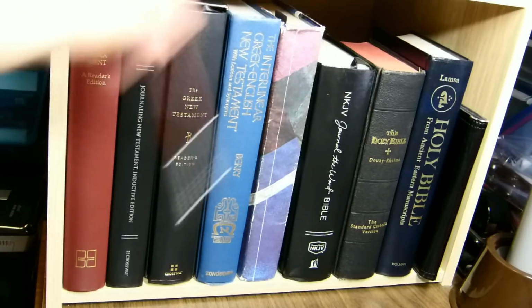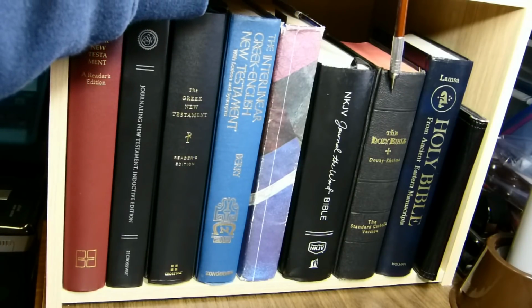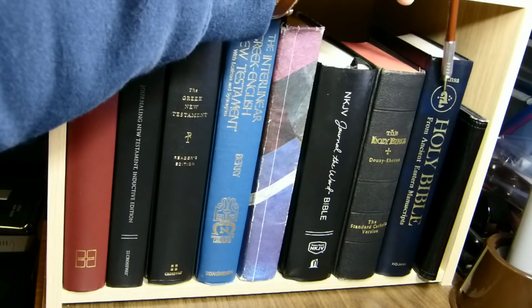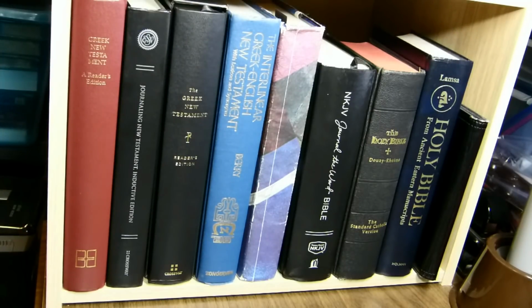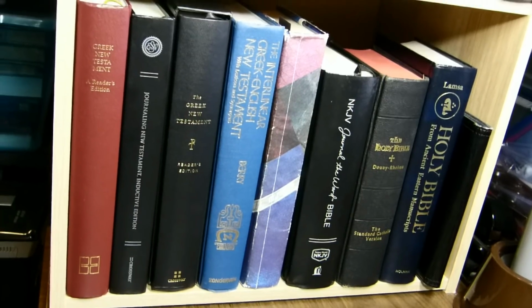Here's my NKJV Journal of the Word Bible, which I've been using to make notes about textual criticism. When I come across variant readings, I often annotate them there in that Bible. And then when I do, I often like to remark whether the Douay Rheims Bible or Lamsa's translation from the Peshitta agree or disagree with the reading. So that's the bottom shelf. Oh, and this is my Kindle here in a little case. Now we will pan up